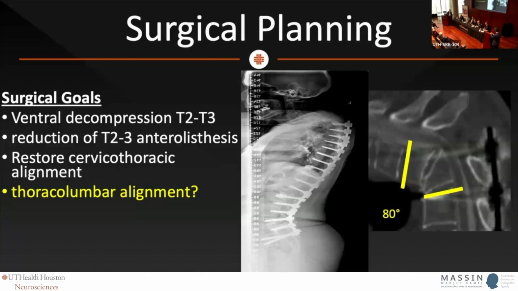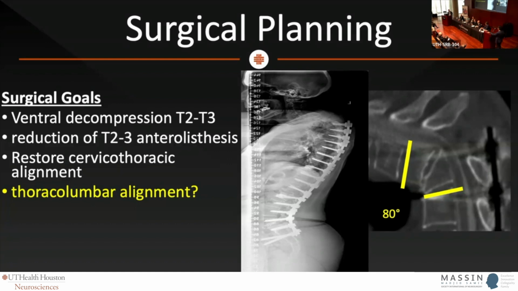Now that we've identified this patient, though, really the only answer is an osteotomy. And so we need to think about decompressing and relaxing the pressure on the spinal cord. So the good news is that the majority of the angular deformities in the thoracic spine, we can more easily do a vertebrectomy. If this is in the mid-cervical segment, it's a lot more complicated. In the lower cervical segment, very complicated because of the risk to the eloquent nerves in the hand.